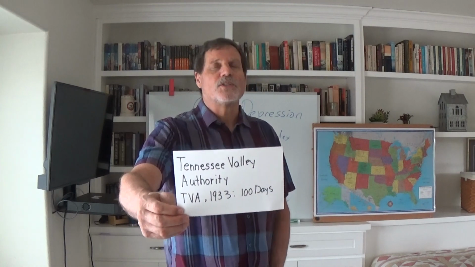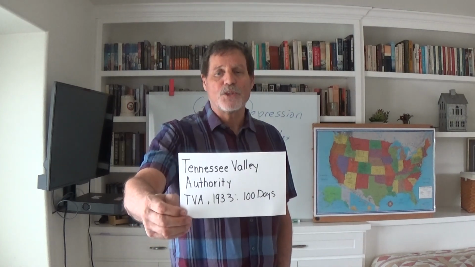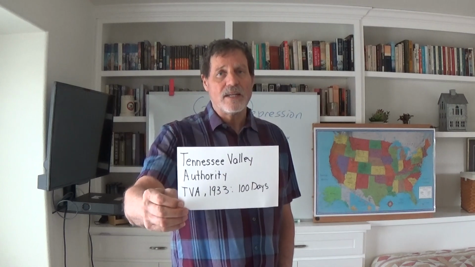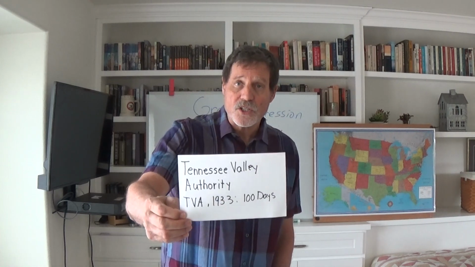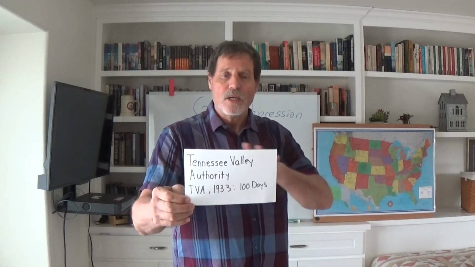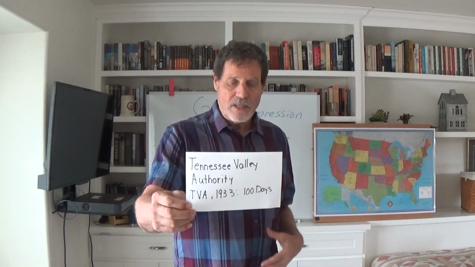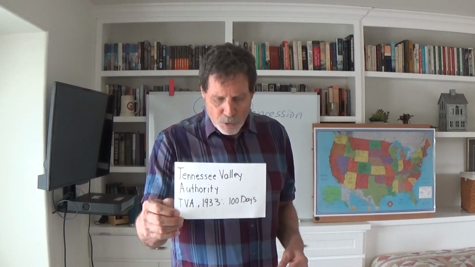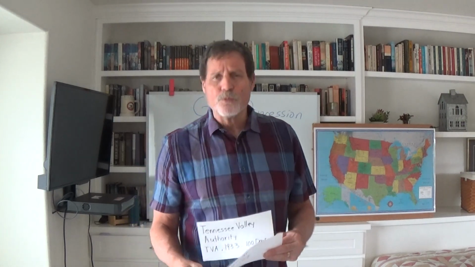Much more beneficial, much more promoting of recovery than the NRA was something called the TVA. Excuse me, I should have told you, the Tennessee Valley Authority, better known as the TVA. It was created and enacted in 1933 as part of the 100 Days legislation. So again, in that mass of early legislation, this also came out in that very early time. The TVA was designed to promote what I'm going to call a regional recovery.